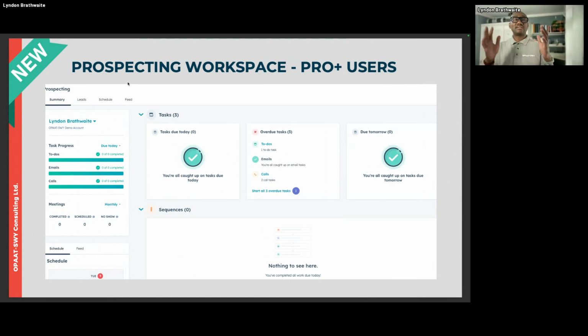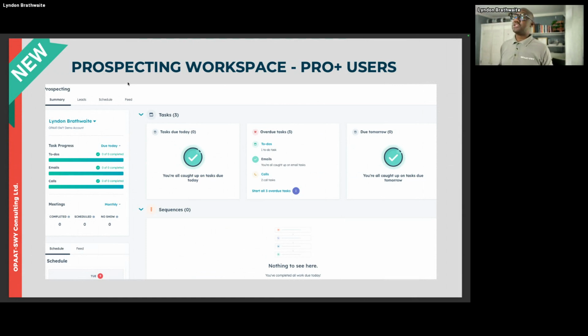But at the end of the day, it's a centralized space, because what I have seen from folks who are in the space of higher education and have to work with all of these leads, sometimes they may have a couple of screens open at the same time. Or not even screens, they may have a couple of tabs. So they have a tab for this customer and for this lead and for that lead. I get it. You want to do all of these things from a multitasking standpoint, but it doesn't necessarily mean that you are actually being productive, right? And sometimes you could find yourself being overwhelmed or having to switch between screens within HubSpot. So HubSpot has put together this particular space called your prospecting workspace.